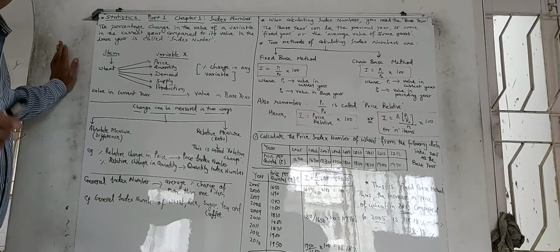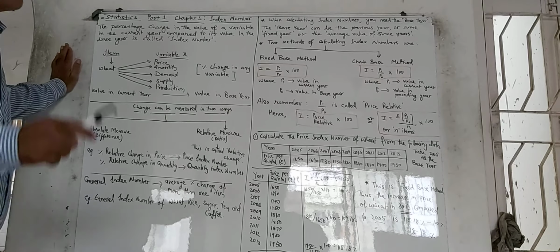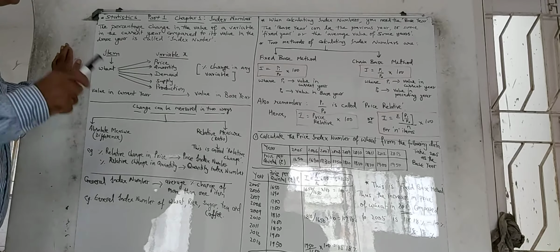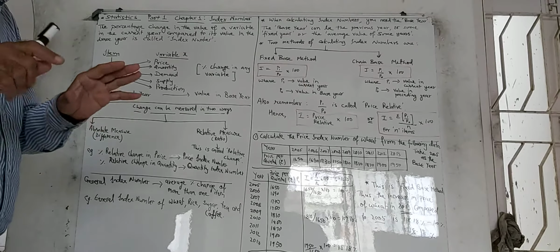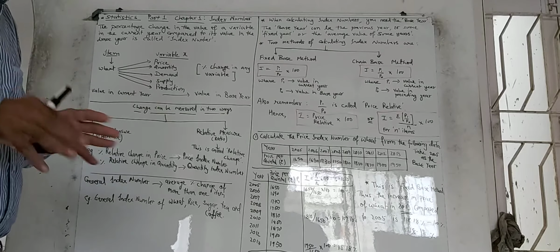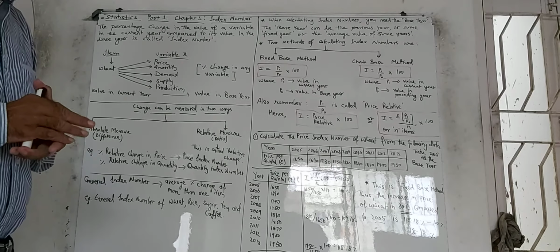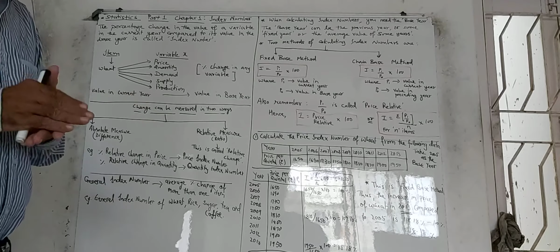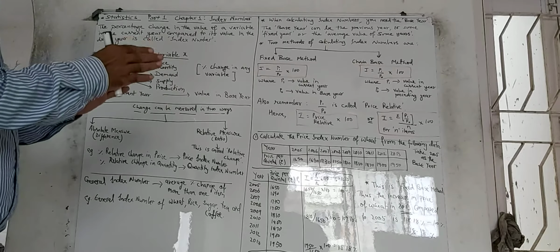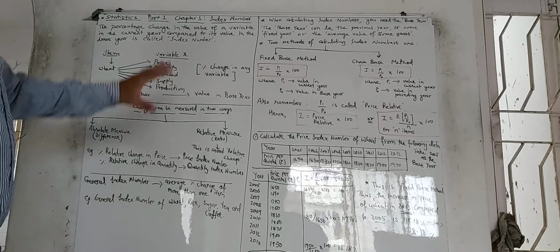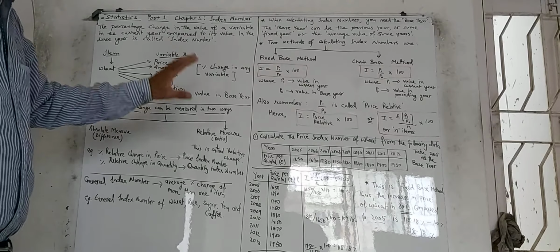This is for students of class 12, Statistics Part 1, Chapter 1, Index Numbers. Now, obviously this is a topic which is completely new to you. Last year you studied different kinds of methods of obtaining mean, median, mode and standard deviation. That's a different part of statistics, and now we come to commercial statistics, where all this is actually very useful,